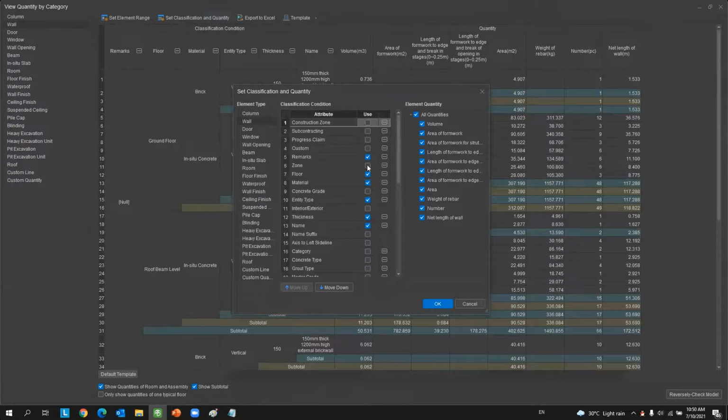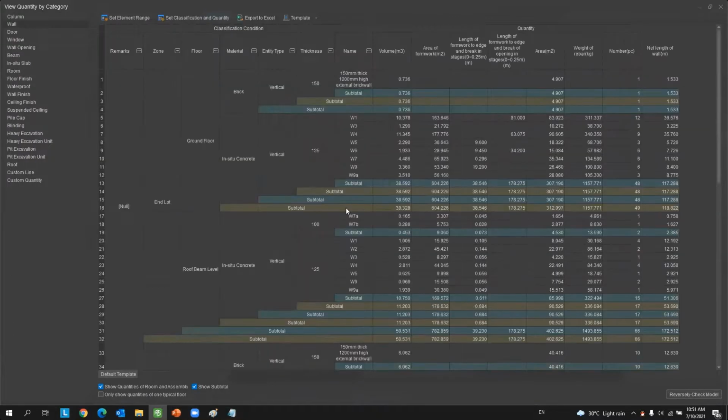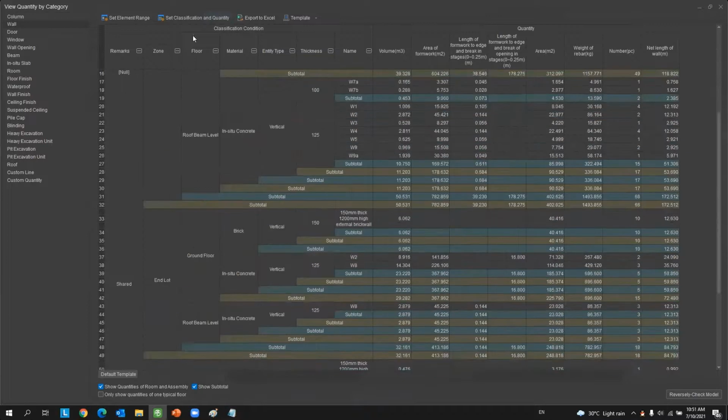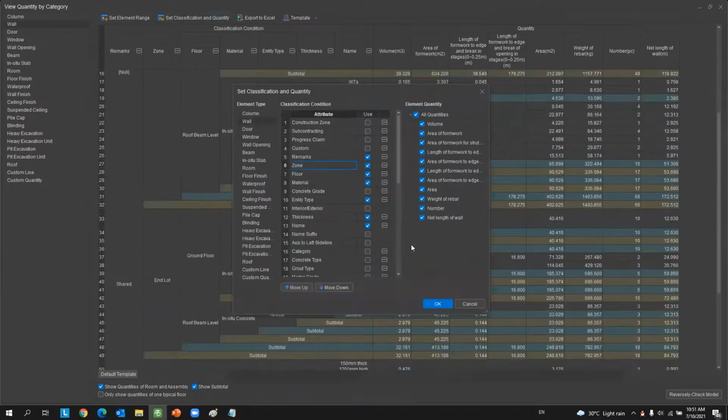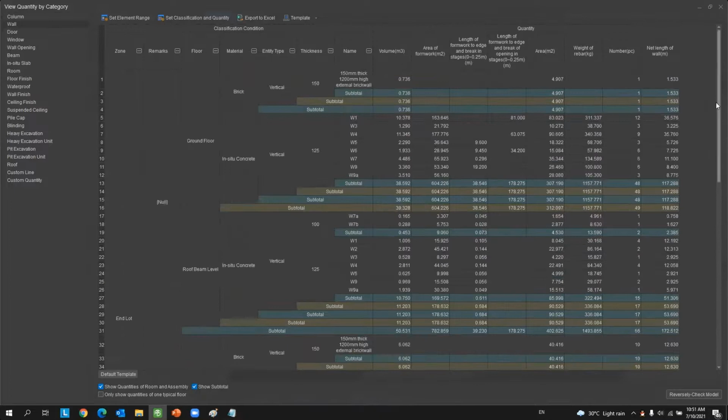And I forgot to do one thing, which is the zone. Okay, you can see this zone. I open it up, and I move it up to let you guys see. So as you can see here,